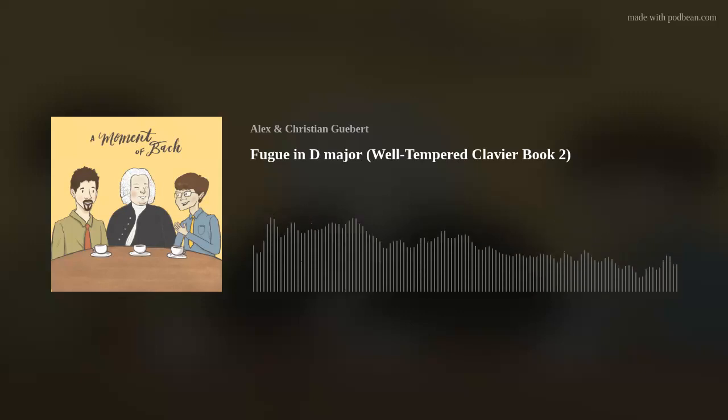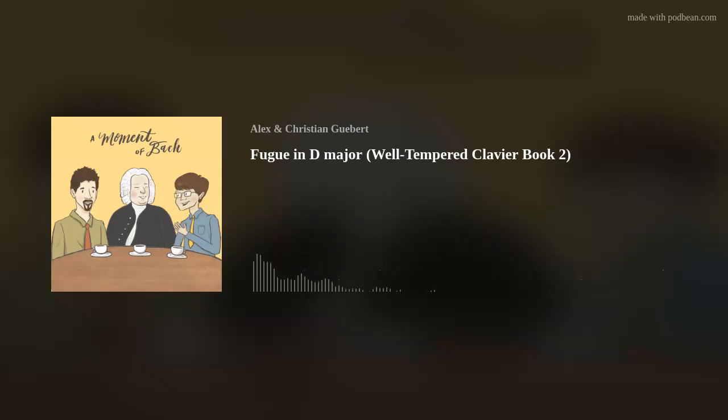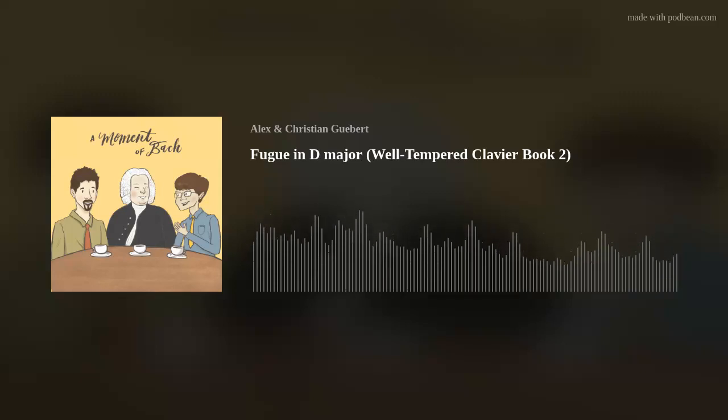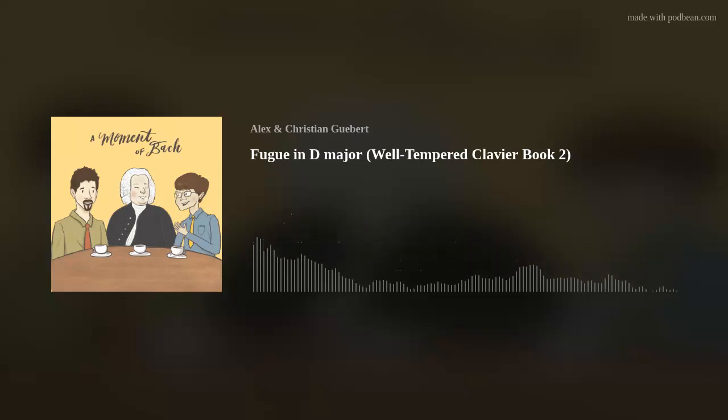So first we hear a prelude, which is completely different in character. This one's rather jaunty. That helps us get set up for the fugue. Now let's listen to the beginning, the exposition, we sometimes call it, and we'll stop after all four parts have entered because this is a four-voice fugue.